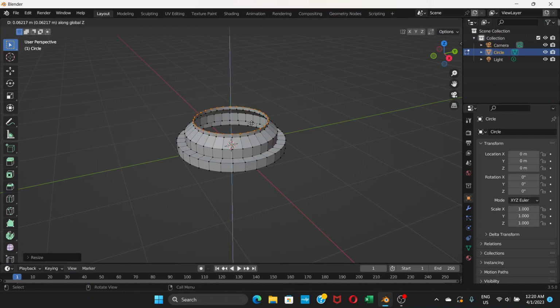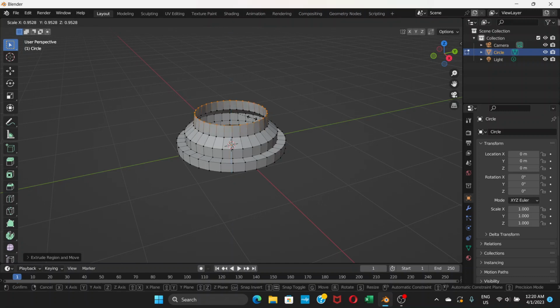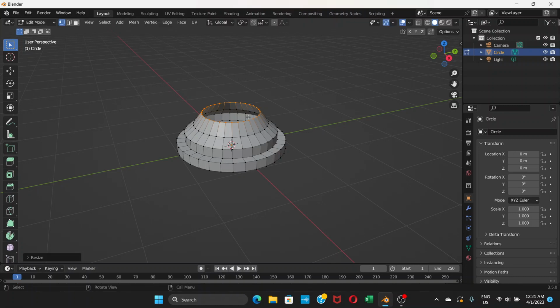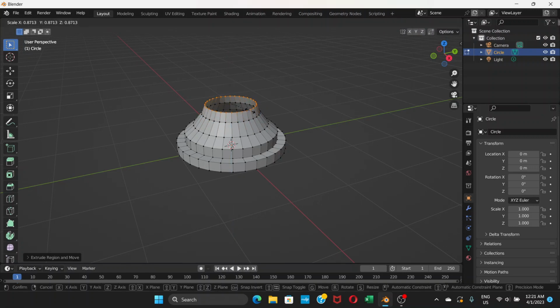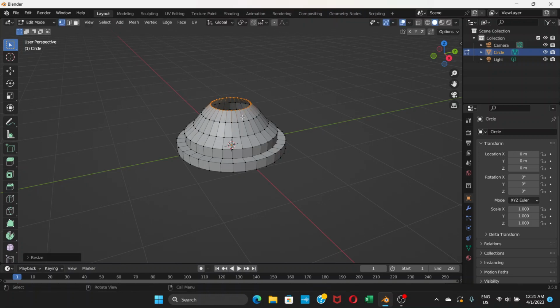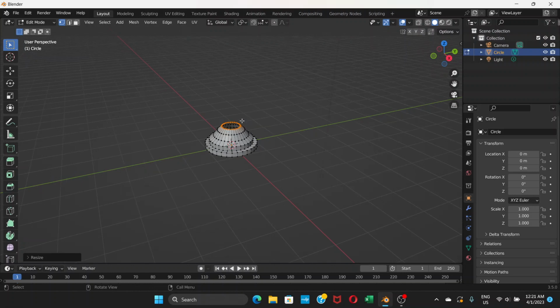extrude, scale. Okay, once again extrude and scale. Okay, so now what we're gonna do is again extrude Z